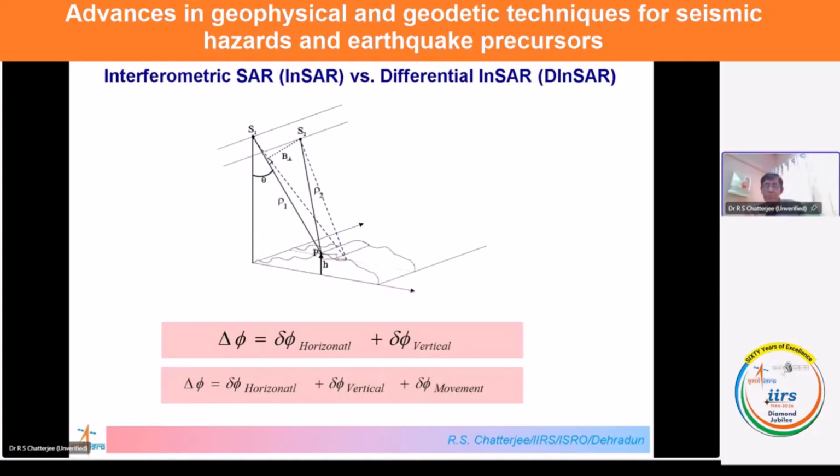So now from this phase difference, you can subtract the horizontal phase difference and vertical phase difference, then you will get your displacement phase, or movement phase. And that is the purpose of this technique in this particular session. So we need to calculate what is the phase difference due to the movement of the terrain, so that from